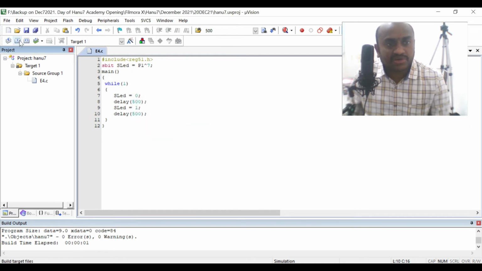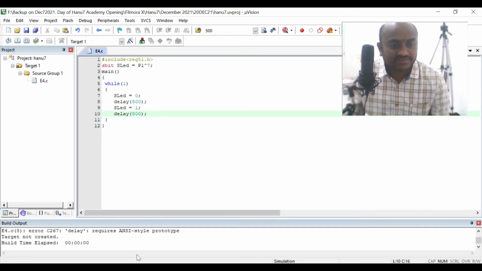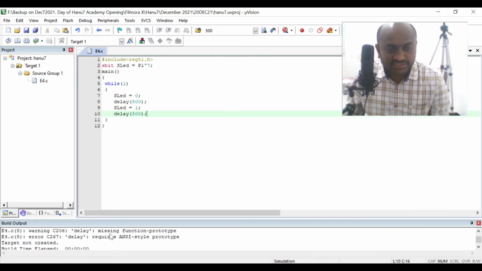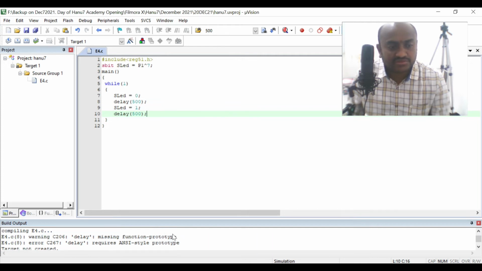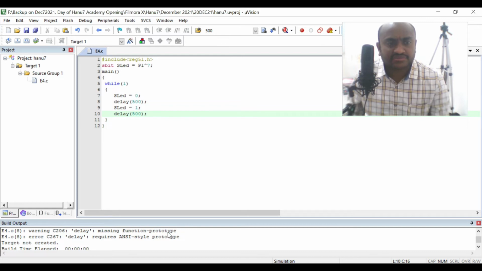Now if you compile this program, you will get an error. What is that error? You read it here: delay requires an ANSI style prototype. It is telling that the delay has a missing function prototype. So we got two messages, one is a warning and the other one is an error.